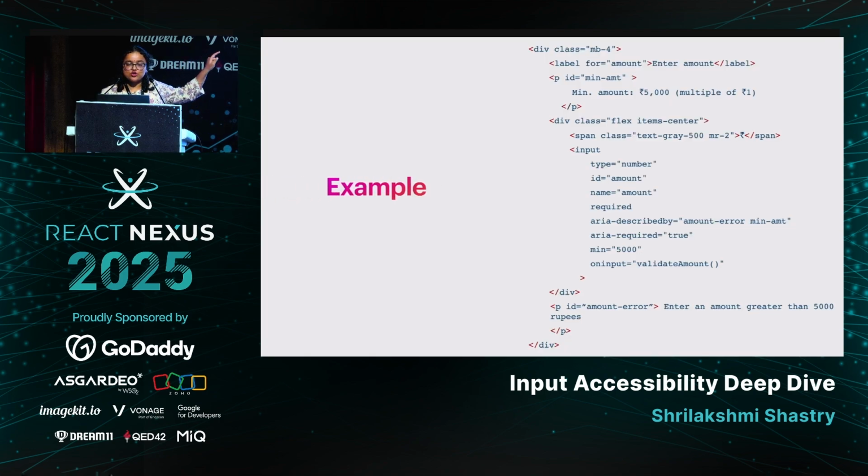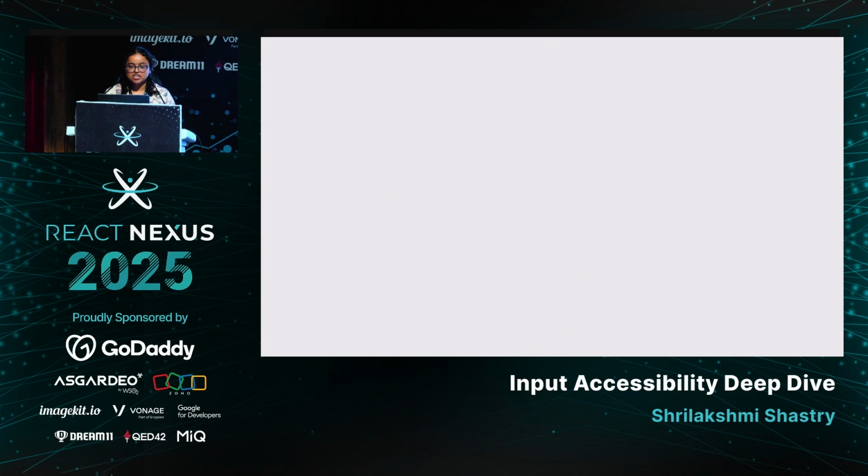This is the code from the previous video. If you have noticed, we have given the information about the minimum amount, that is 5,000 rupees. And when the user enters an amount less than 5,000 rupees, we are highlighting it through the error. Don't you feel like we are giving too much context on what should be the minimum amount? Similarly, assistive technology users also feel that, and giving this information repeatedly makes them feel irritated.